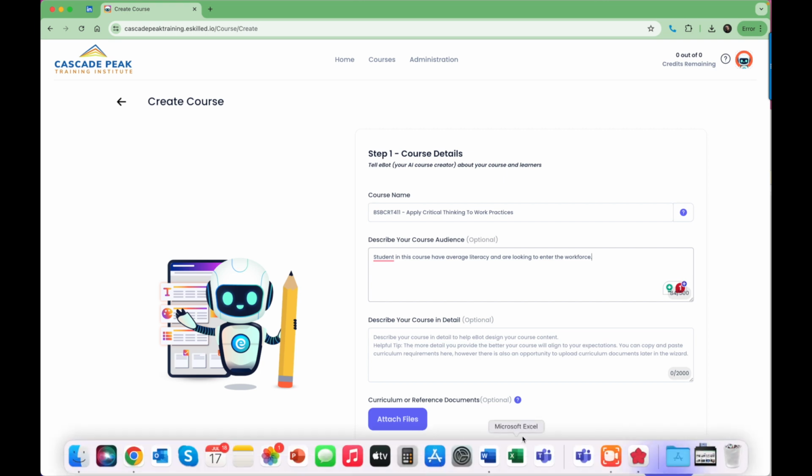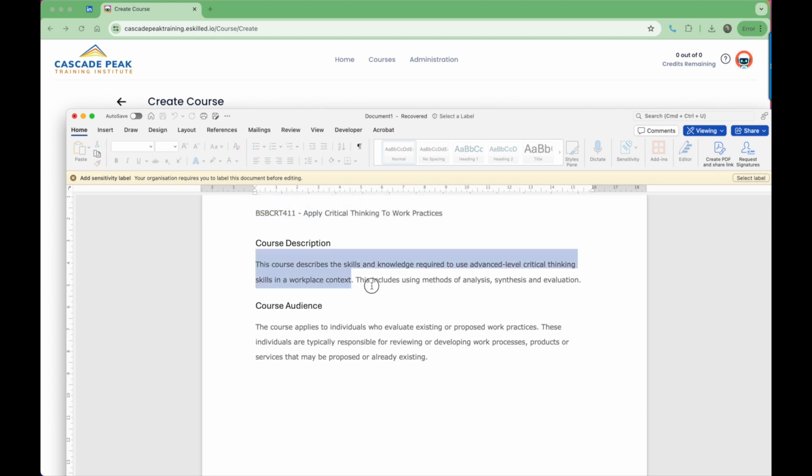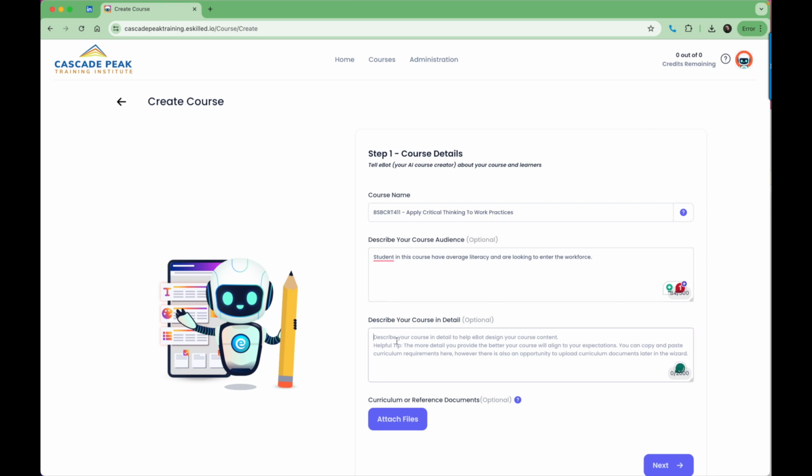So the next thing that you want to do is describe your course in detail. So I've got a little description about my course. In my description, I've got quite a short description that I'm going to enter, and the reason for that is because I'm going to also augment this with some documents that I'm going to upload in the next step. But if you weren't uploading documents and you're relying completely on your course description, you would want to enter as much information in the description as you can to allow the AI to completely craft the course